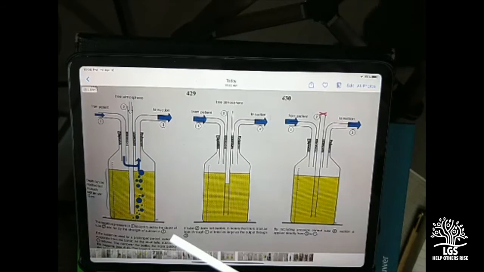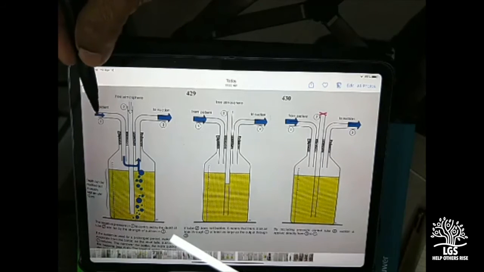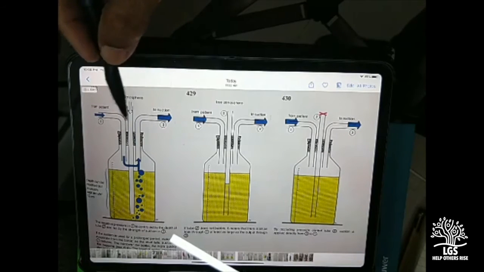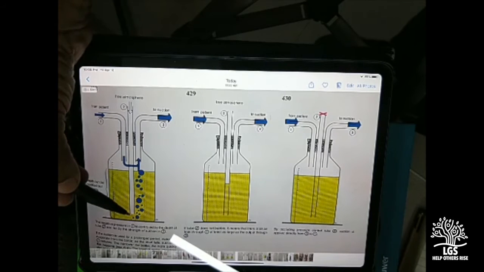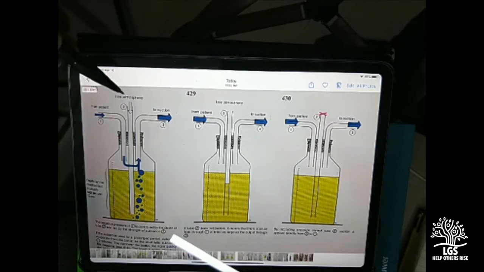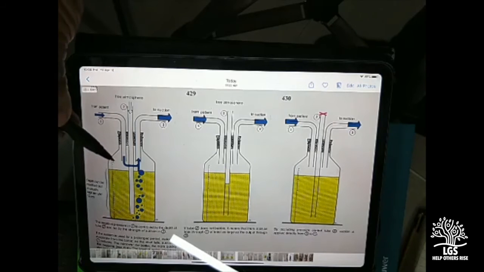Now it is a 3-bottle system. This comes from the patient. This is from the suction. Whenever the suction is more than the level of the tip of this middle tube till the top, suppose this is 20 centimeters, the pressure will be broken by bubbling air from the environment. So the pressure effective in this space is only 20 centimeters.